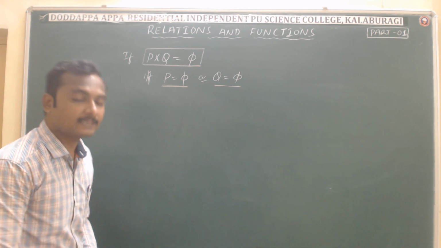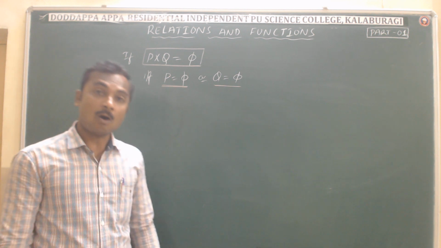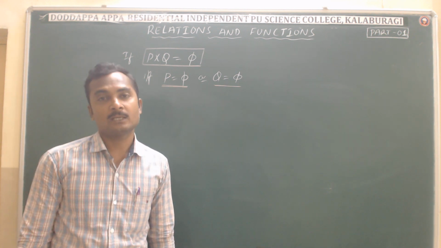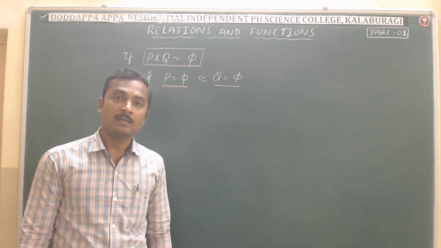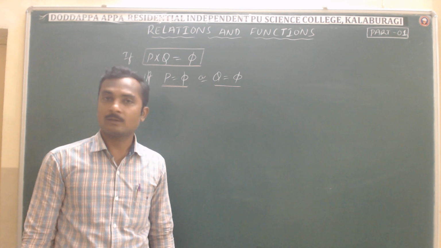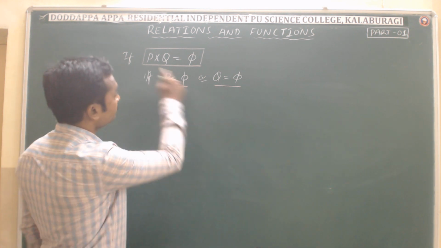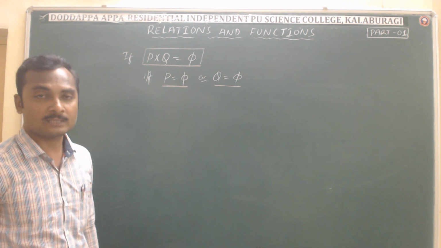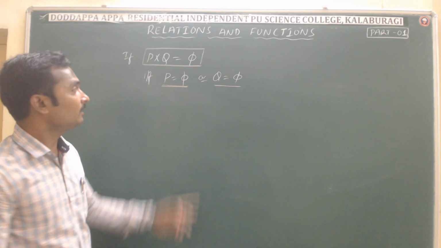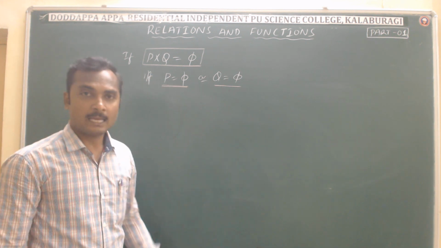That indicates that if either the set P is empty or the set Q is empty, there should not be any relation between the elements of one set, as the other set will be empty. Therefore, the concept of relating the elements is not possible. Therefore, the Cartesian product of these two sets will be an empty set. That is, no elements are available in the Cartesian product of such sets if any one of the sets is an empty set.